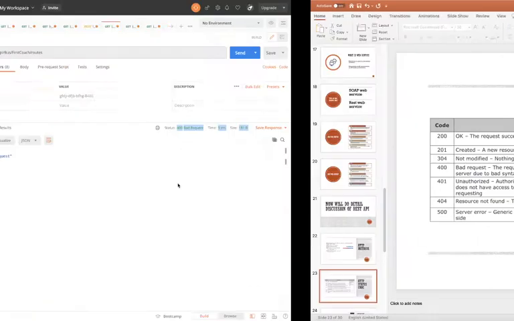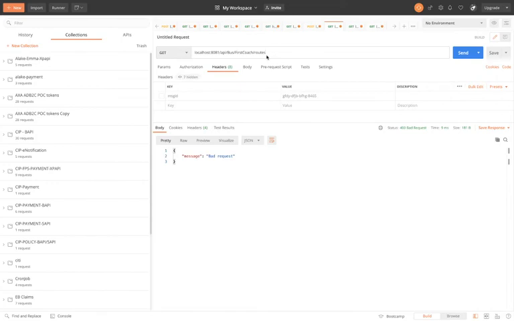Now for 404, for example, instead of resource I am passing resource 1 and I will pass the message ID. Now this resource 1 is not available for my API, and if I call my API, you can see 404 means this resource is not available. So in this way my status code will change, and based on the status code we will be able to identify what the problem with this API is.